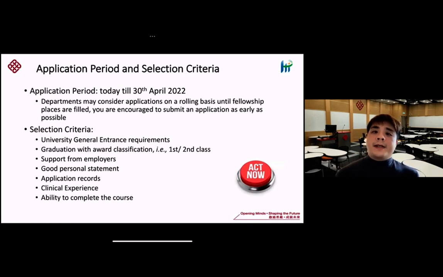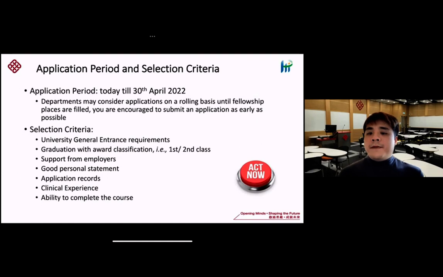So please act as soon as possible so that we can have a smoother process in selecting our fellowship winners. And when we are selecting our applicants, not just for the fellowship but for all the admission exercises,